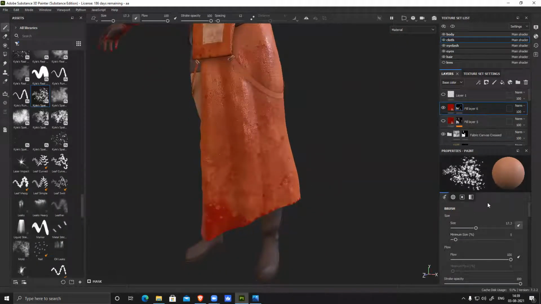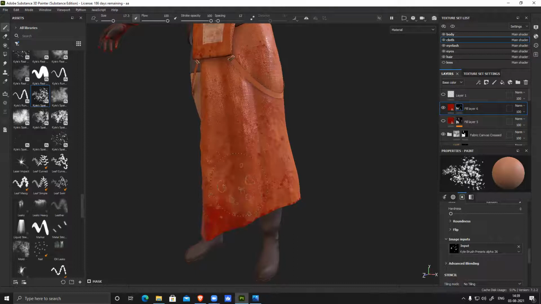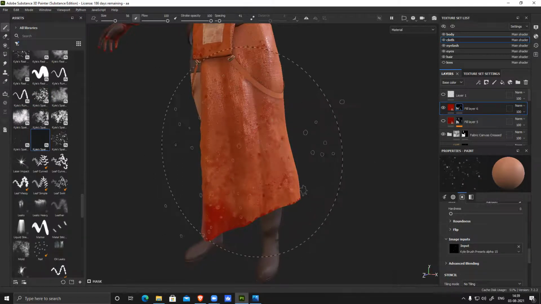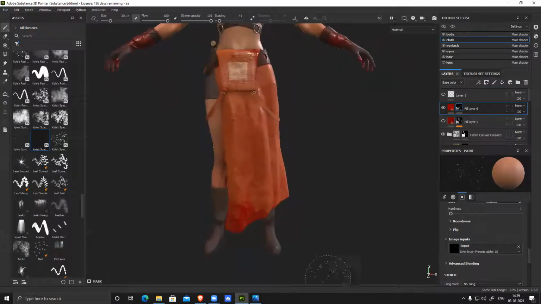It's like using this color. Like this, we generate and blend everything nicely.